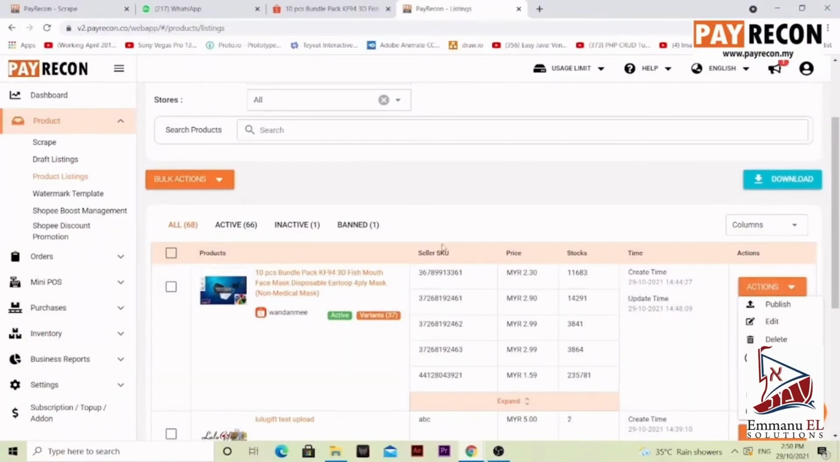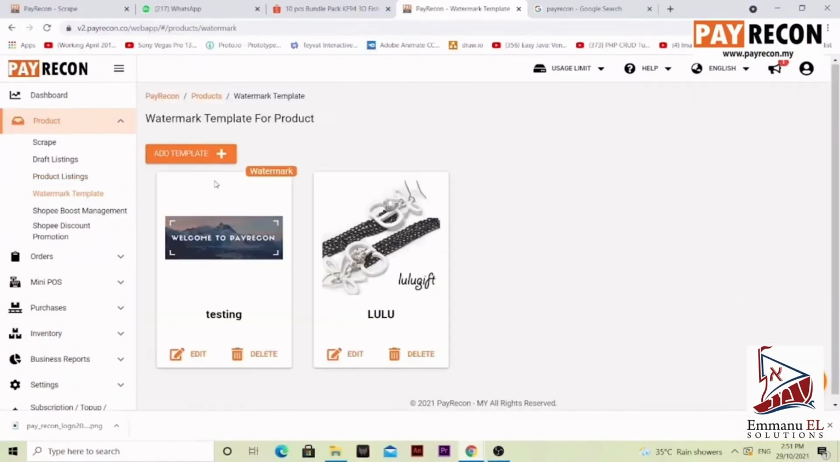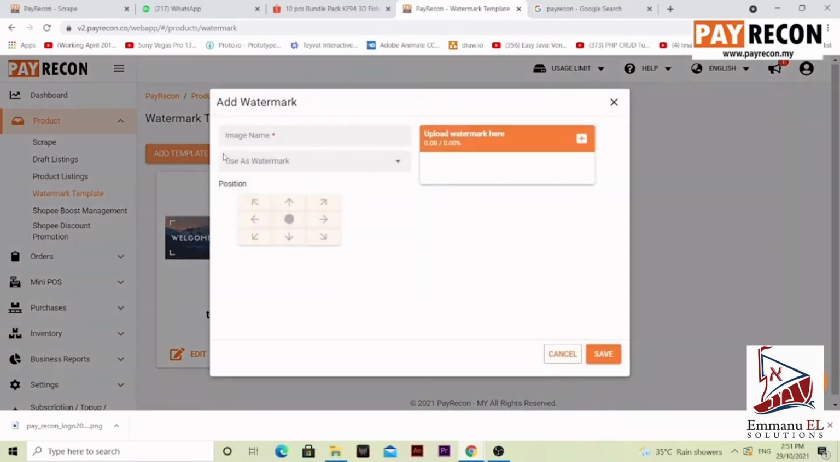Talk about watermark templates over here on the left. For watermark template, we already have two created here. But to start off creating your first template, select add template over here, image name, go with